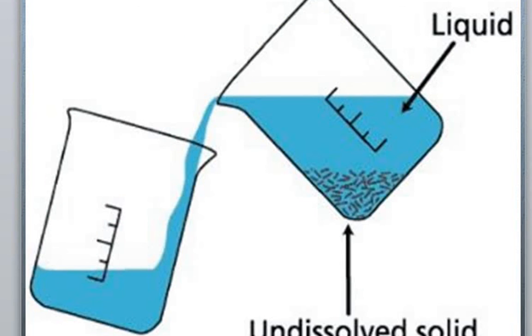In the decantation process, gently pour the clear water into another beaker without disturbing the layer of sand particles, or sediments. This is called decantation, and it is used in water treatment plants, at home when pulses or rice are washed before cooking, and in removing impurities from rivers and canals.